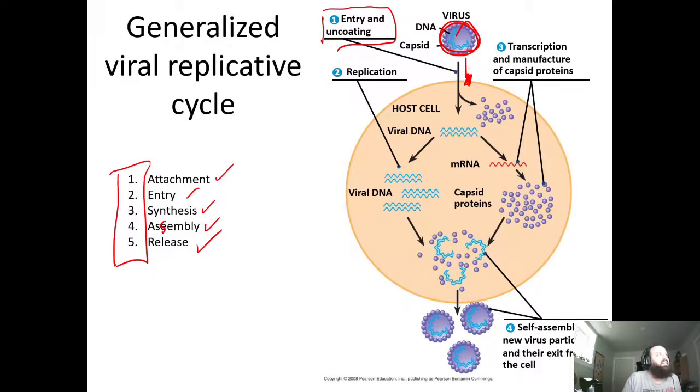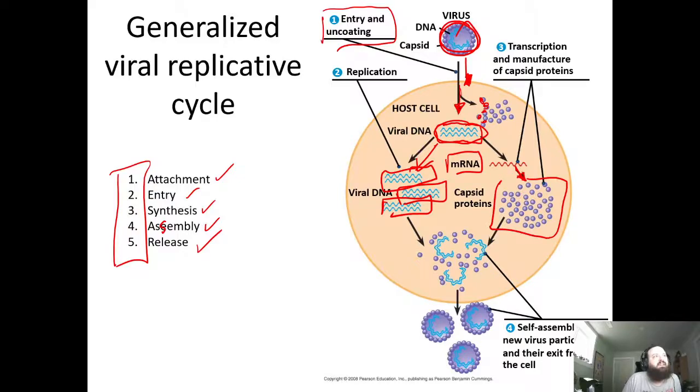Once the virus attaches, that will allow it to enter the host cell. And you can see here the protein of the virus actually gets into the cell. But what we really are concerned about is the entry of the viral nucleic acid into the cell. Once you have viral nucleic acid in the cell, you can start this synthesis phase. So in the synthesis phase, you're going to use this viral DNA to A, make copies of itself, and B, get transcribed into mRNA that can then be taken advantage of by the host cell machinery, the ribosomes, to make